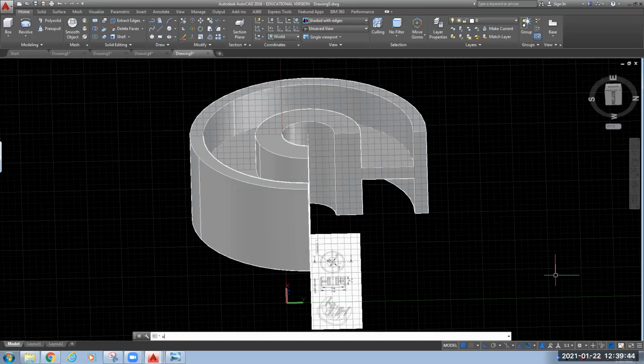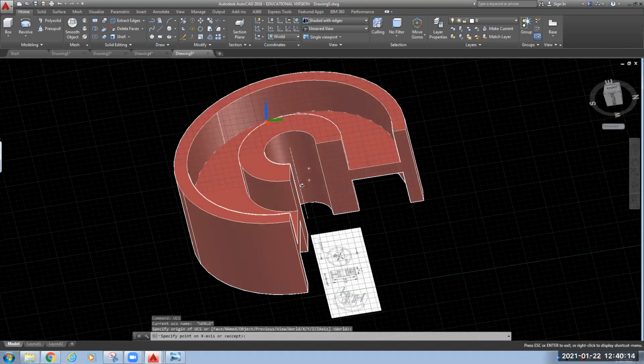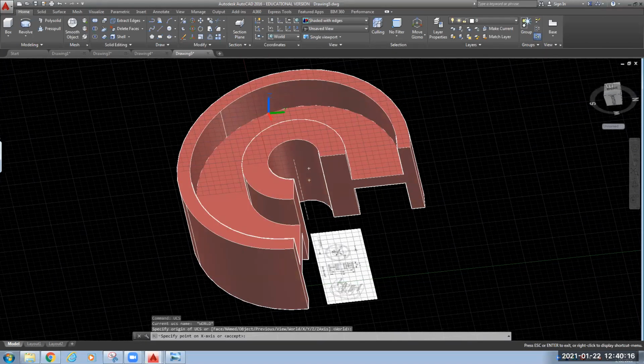UCS, press enter. Now I want to bring this on this, the face you have to select. Which face, you have to select carefully. Okay, the face we have selected. No, it is going to some other face. That is wrong.